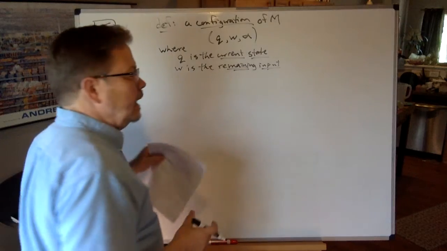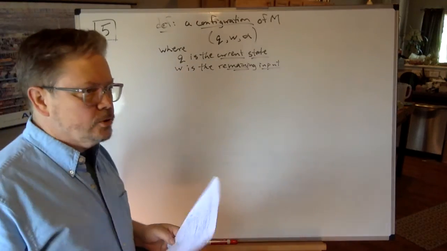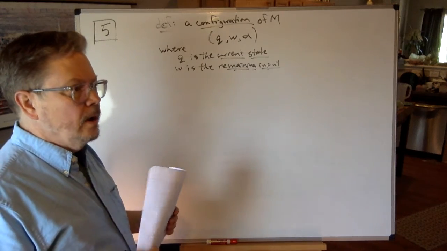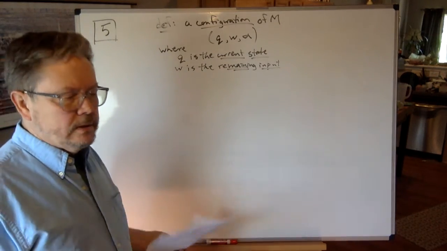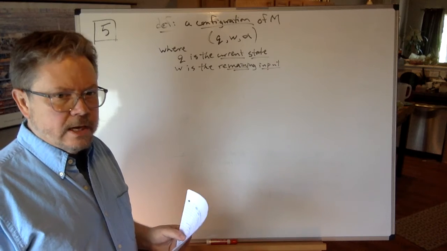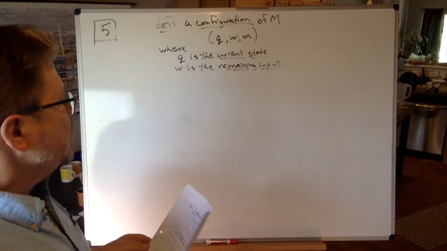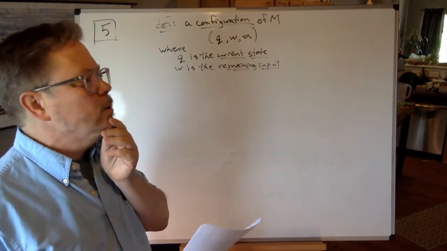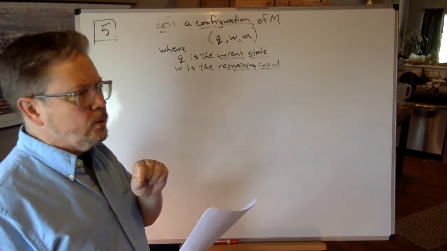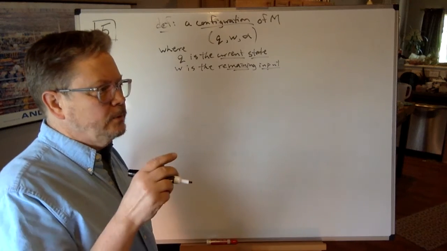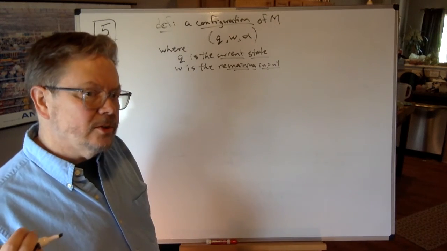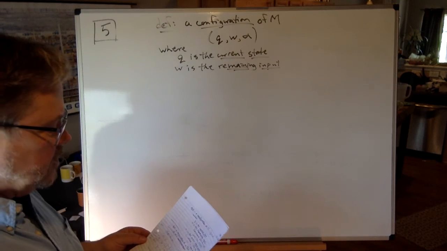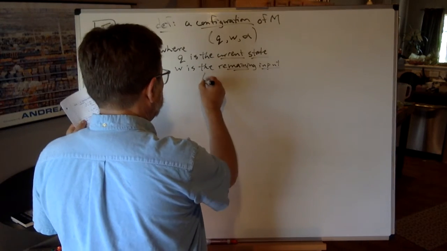Double underline that. At the beginning, it's going to be the entire input string, but just as with our NDFAs and DFAs and all that stuff, you eat up one symbol at a time, and once you've eaten up that symbol, it's gone. You can't go back and look at it again. So anything we're going to need to remember about an input symbol that we're looking at right now, we're going to have to put it on our stack so that we can remember it. I gave away the key to this thing.